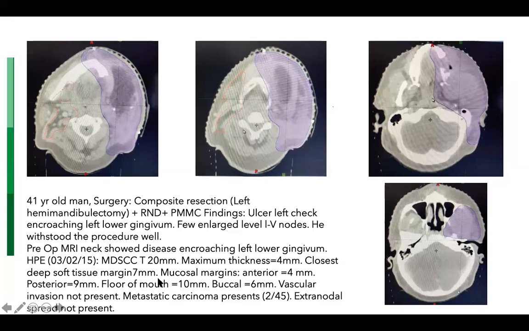Now, this was a young man who had a 2 centimeter tumor with one margin which is plus minus closed and involvement of 2 out of 45 lymph nodes. So extranodal spread is not present. So we treated him to 60 gray, and this is serially, as you can see lower down, the flap is very bulky, but we have come down and covered the flap even, this is at the level of the thyroid cartilage, and then posteriorly ensuring that the flap is covered completely and the posterior auricular nodes are covered completely. Again, the flap and the upper gingivobuccal sulcus and the masticator space.